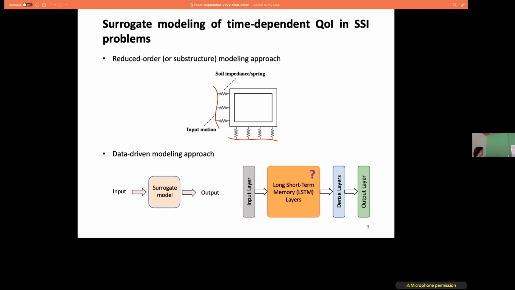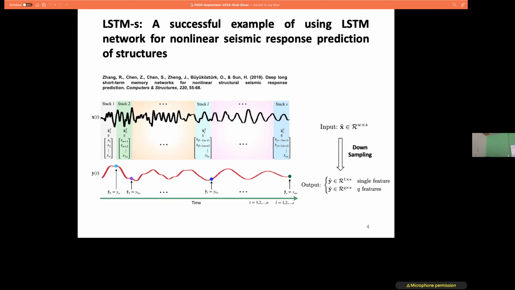Okay, so with this introduction, in 2019, there was a paper on using the LSTM and some version of that to do a prediction of nonlinear structural seismic response. And what they did was, if you have an input parameter, which is the earthquake signal or time series, they define some stack for that. And then for each stack that they have here, each of them, they consider an output that is one point for that windowing that they have. So basically, they do the prediction, and this is, for example, the response of each story they have.